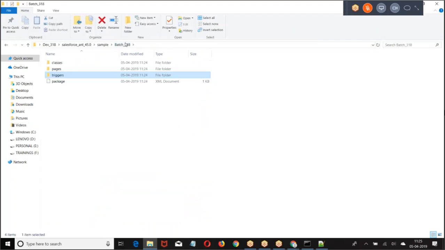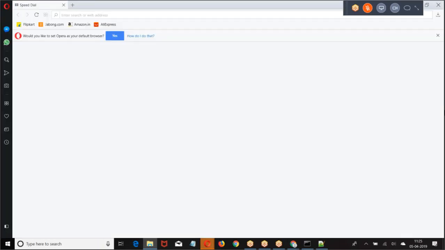Now this I want to deploy to another org. Now let us say I am trying to deploy this code to another org. What is your admin account username and password? Admin 318. Admin at the rate of 318.